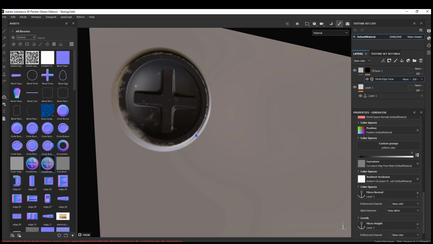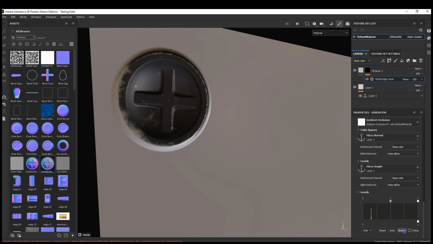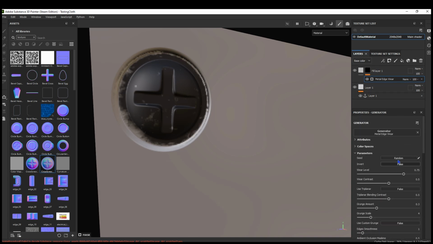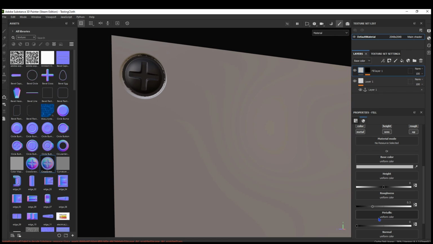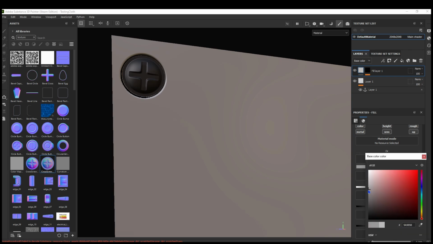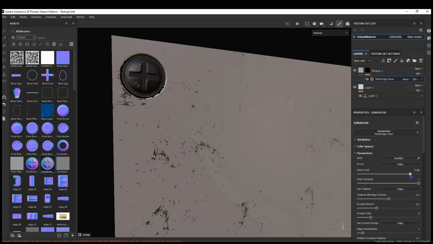Again here, this Edgewear, and now if we go down to levels and we invert this, we get a better effect. If we scroll up and increase the contrast, and then bring the wear level down a little bit, we can see here, let's do metallic, and we also want to do a roughness of 0.25, and we'll change the color slightly. Something like maybe that. Now if we go back into our Metal Edgewear and change,